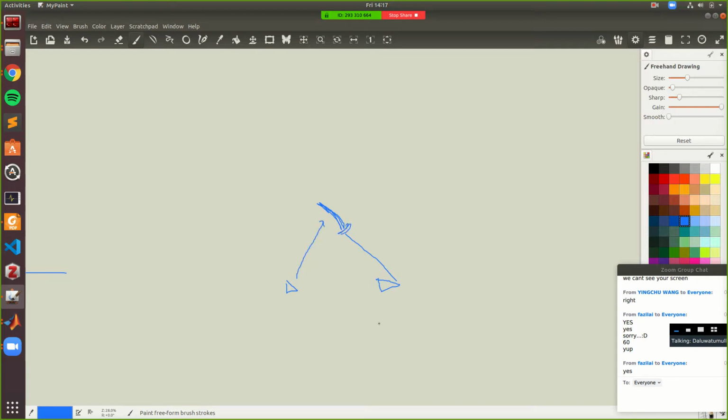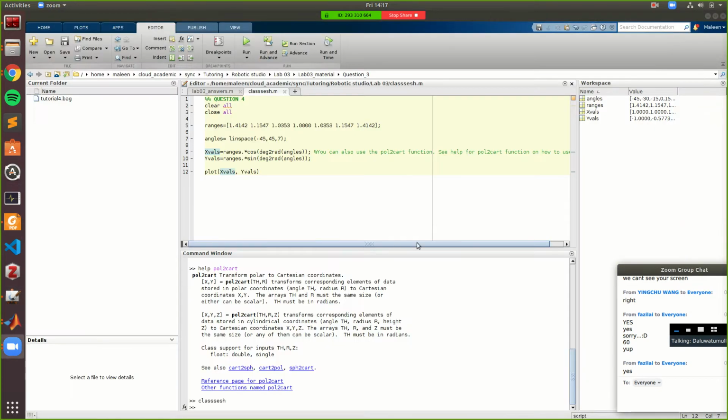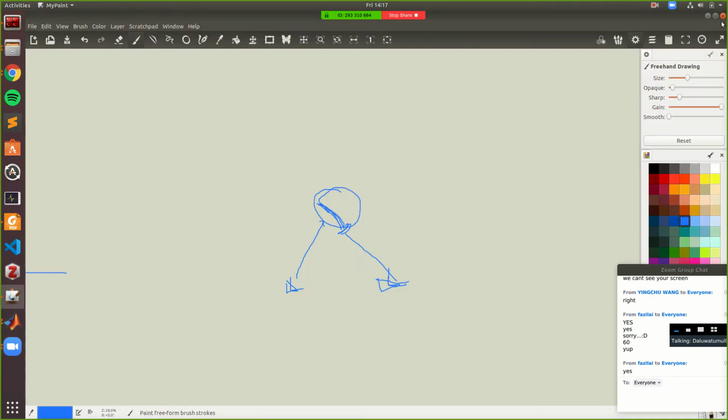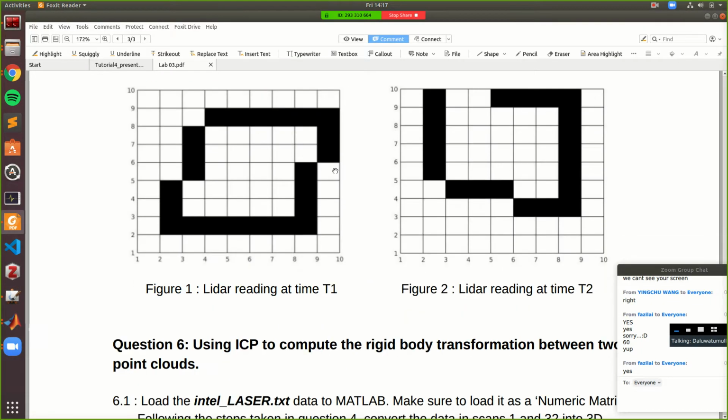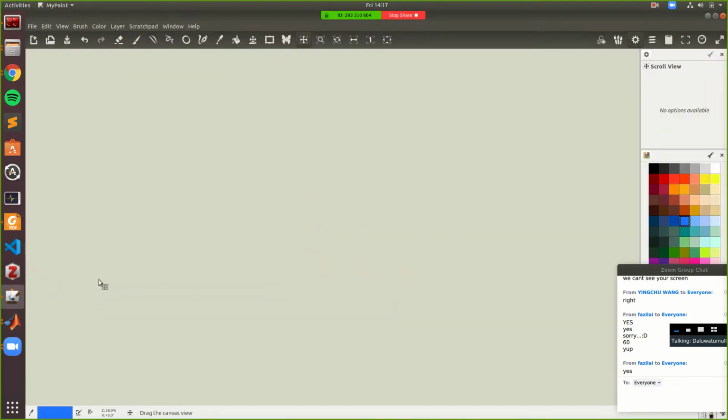So the robot is moving, and objects in the environment will change because from the sensor's perspective, you're looking at the object from different sides. And what happens then is your laser scans will have rotations and translations. Imagine this is your first scan at T1 and this is the same object but from a different location. By looking at what happened to the object that you're seeing, you can figure out how you have moved in between. So for example,